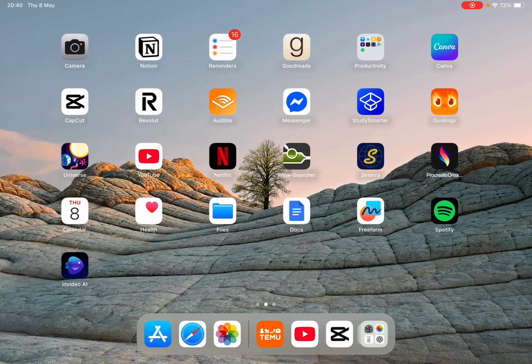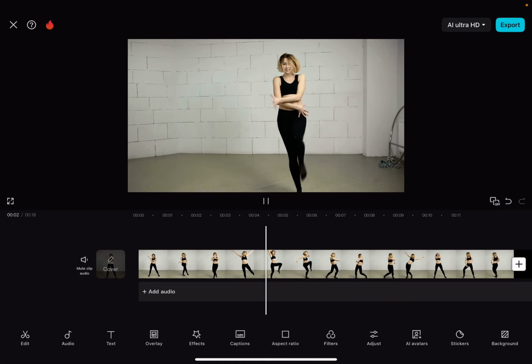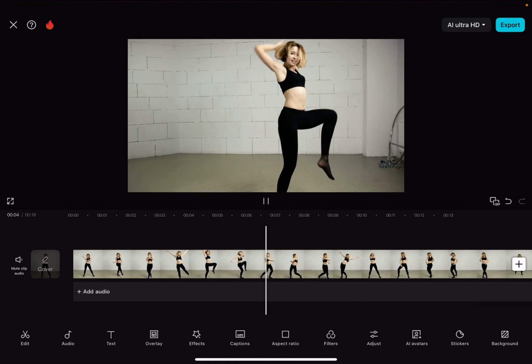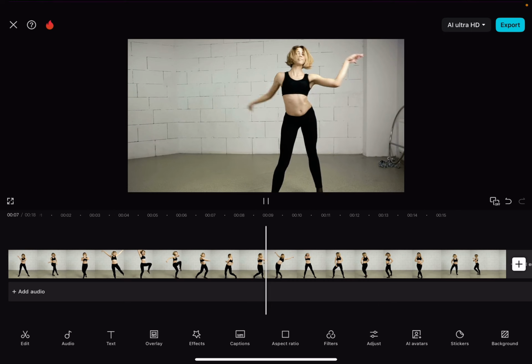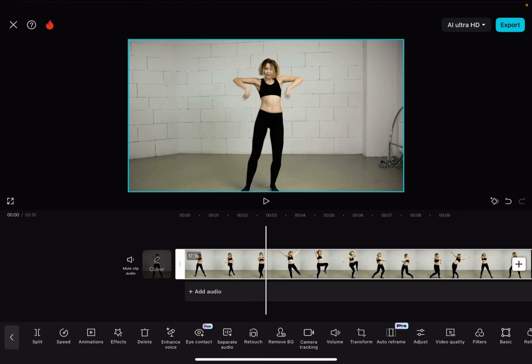Hello guys, in this video I'm going to show you how to add AI camera zoom to your videos in CapCut. So to do that, it's pretty simple. Just open up your CapCut project, then tap on the video where you would like to apply this AI camera